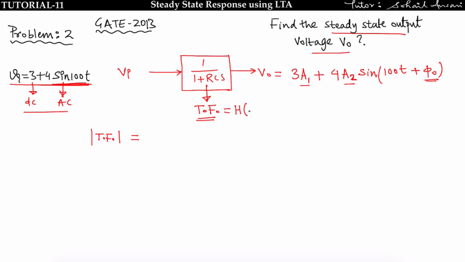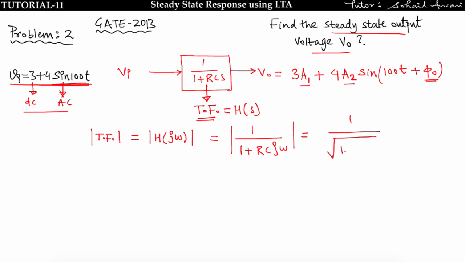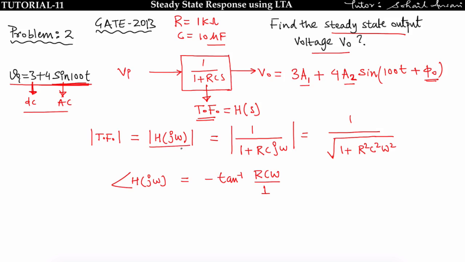Let us take the magnitude of H(s); we have to find the magnitude of H(jω), which is equal to 1 upon 1 plus RCjω. That is given by 1 upon the square root of 1 plus R squared C squared ω squared. Similarly, the angle of H(jω) is given by minus tan inverse RCω upon 1. So first find the magnitude of the transfer function and the angle of the transfer function by supplying the DC signal,